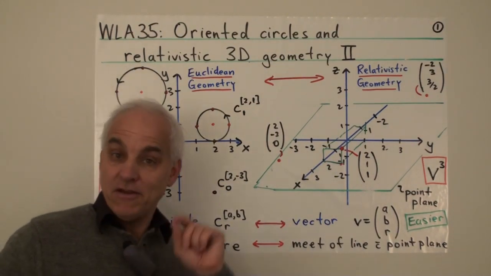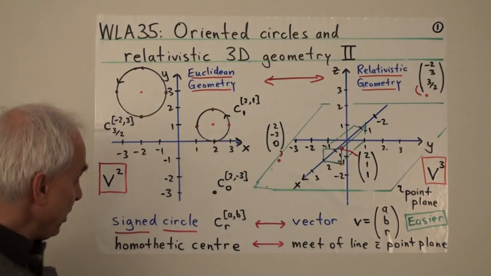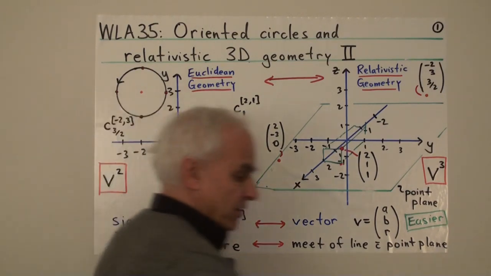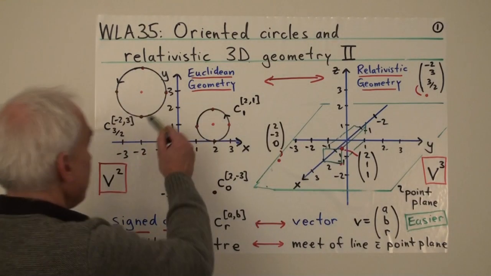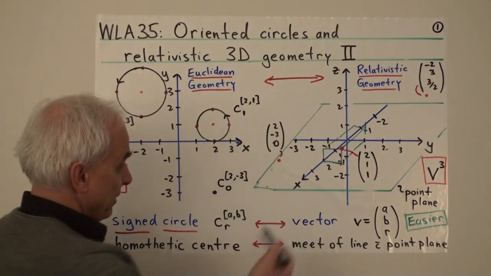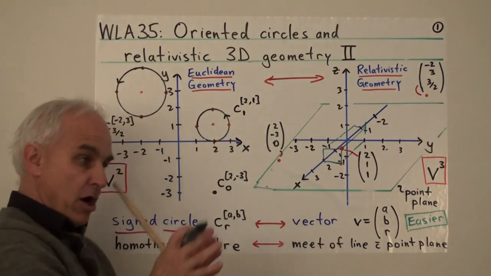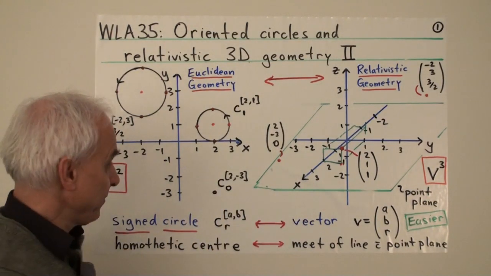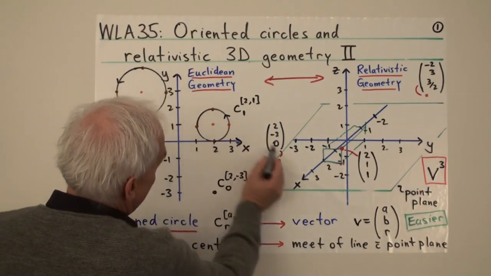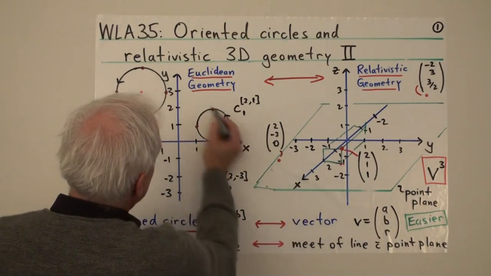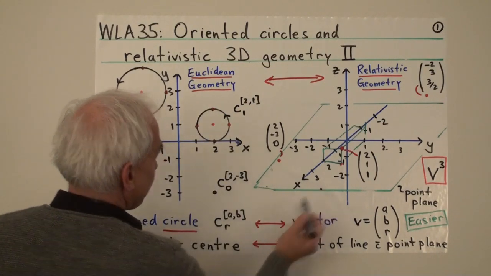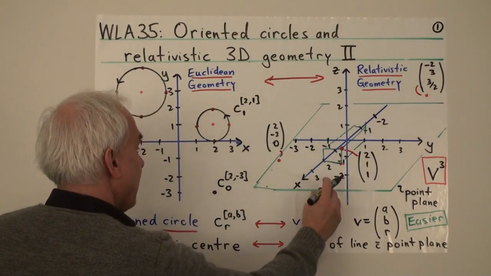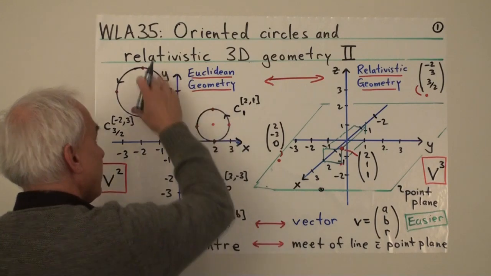So one very significant advantage of doing this is that when we're interested in the homothetic center of two circles, let me remind you what that is. So that's what we get when we take, say, these two circles here, and we're looking for a point where the two circles are in perspective, essentially, from that point, that one is obtained from the other by a dilation. So we could get that by drawing tangent lines, and then there would be a common point, maybe down here somewhere, all right? And from this point down here, a dilation would take this circle to this circle.